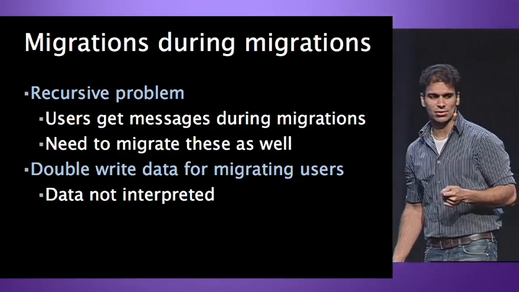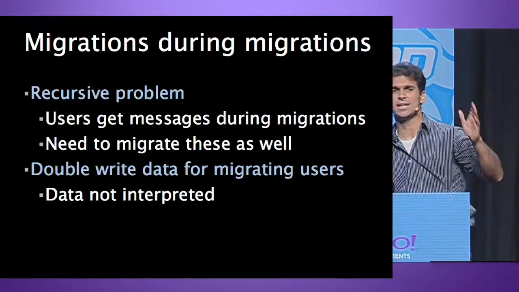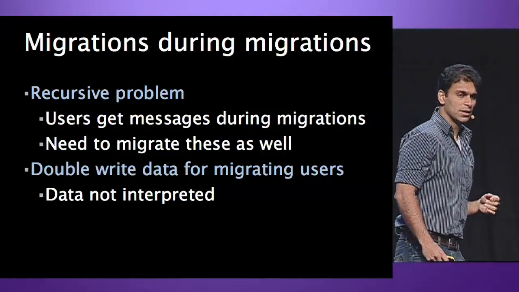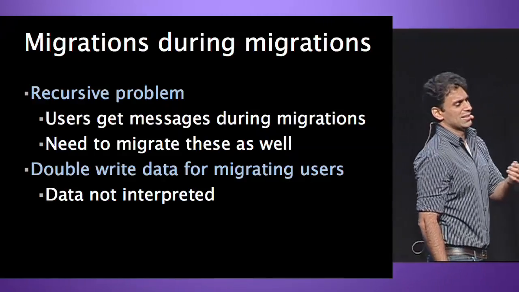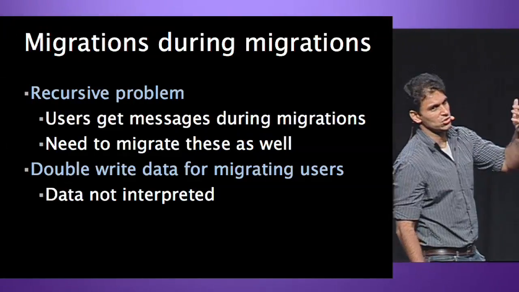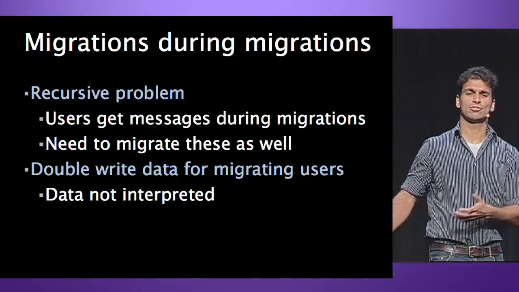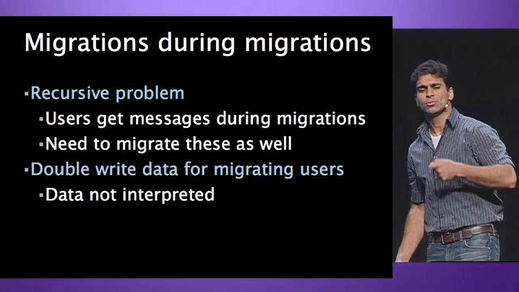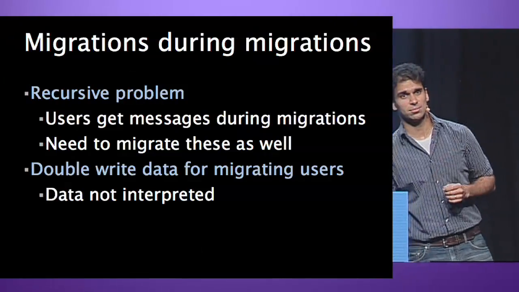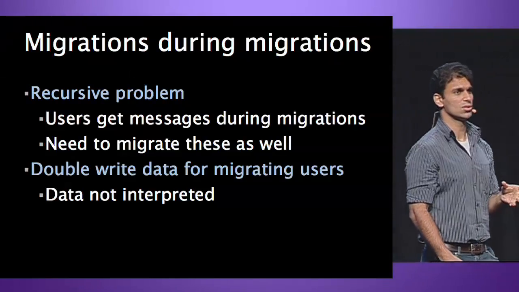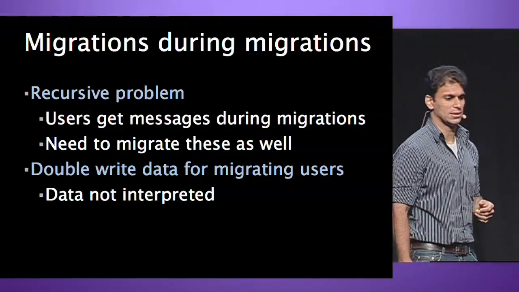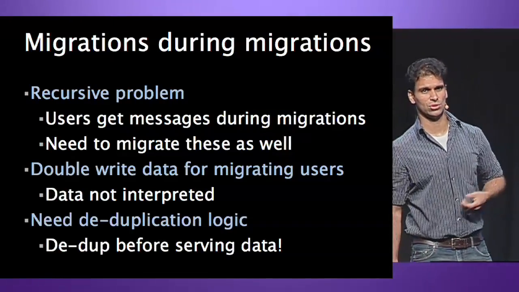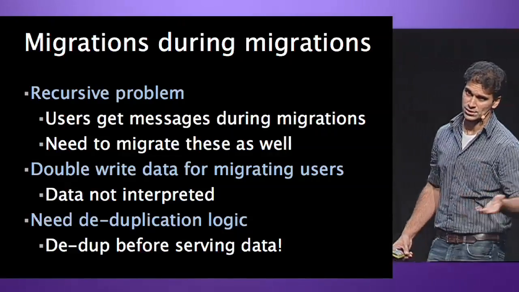Our user is marked as in migration, and the minute they're marked as in migration, we start writing to the final HBase destination that their data is going to be served from. But the application server would then see a message come in that's like the fifth message in a chain of five messages, but the first four are not yet there, so it doesn't know what to do with it. So the application server has a state that we flip, where you just start silently writing it to HBase without interpreting the data, and once we finish the migration for the user, we flip a switch and say, okay, now go and interpret the data. And well, the double write could also fail, so we have to throw it in a queue. So all that, long story short, we could see duplicates, which means we have to dedupe that.